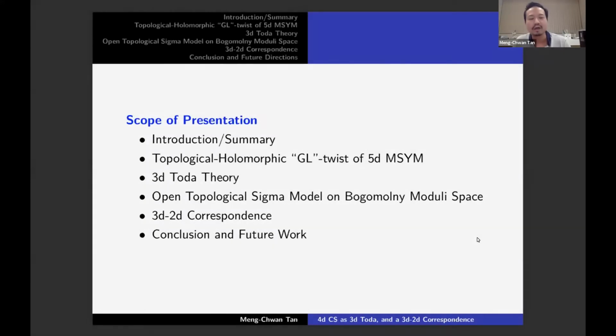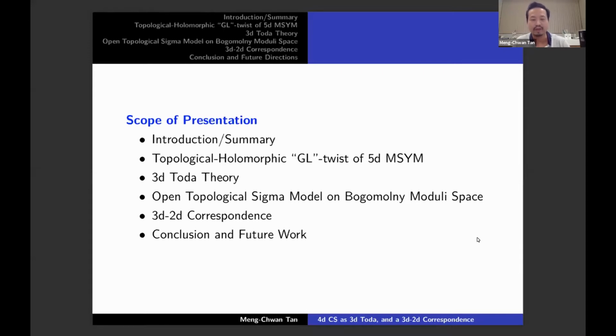Talk proper, I'll start talking about this topological holomorphic GL twist of 5D maximally supersymmetric Yang-Mills, N=2 Yang-Mills in 5 dimensions. By topological holomorphic, I mean that in 3 directions of the theory, operators are independent of coordinates in those 3 directions. By holomorphic, I mean operators depend on a z coordinate on the Riemann surface in the other 2 directions. And by a GL twist, I mean that if you reduce this 5D twisted topological holomorphic